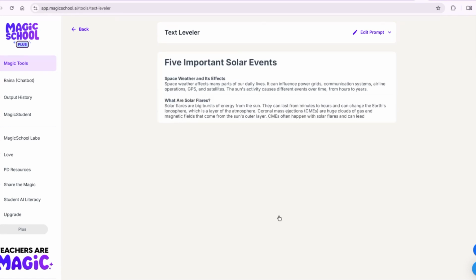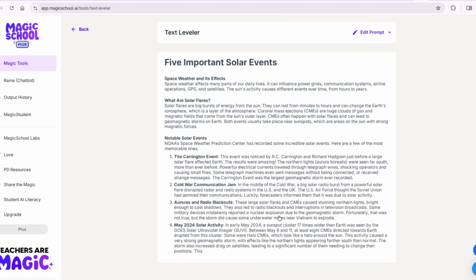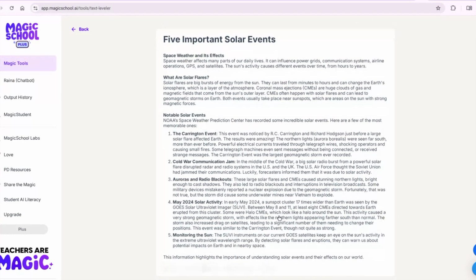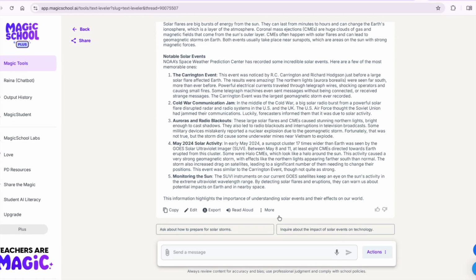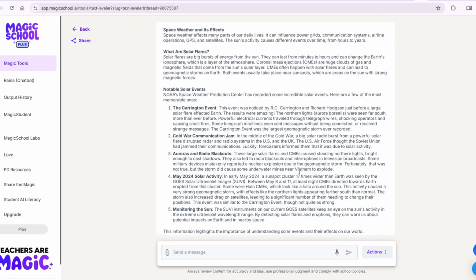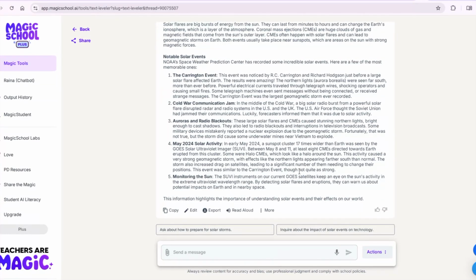All right, and that cleaned it up quite a bit. That looks much better, and of course I'm going to give it a quick read through to make sure that this is something that makes sense and it actually did do what I needed it to do, but it looks pretty clean. If I wanted to go and